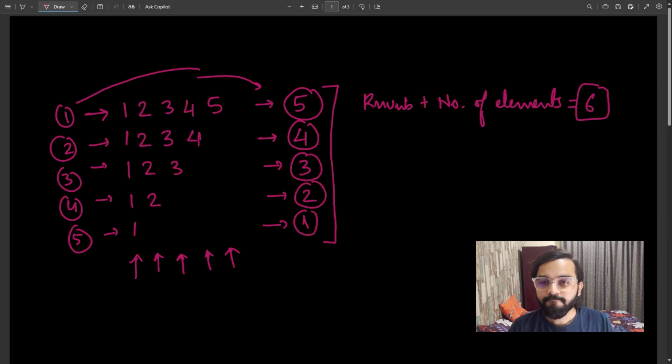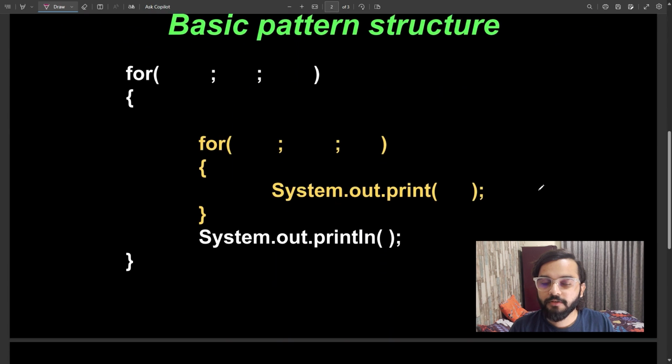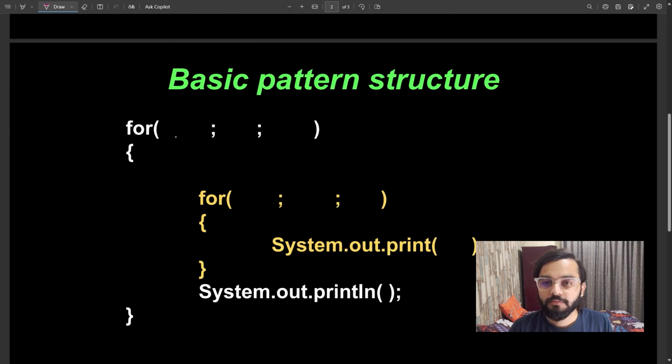So if we try to design the logic, we know that we have 5 rows. Simple. i equals 1, i less than or equal to 5, incrementing the value by 1. In this we also need to take j equals 1.